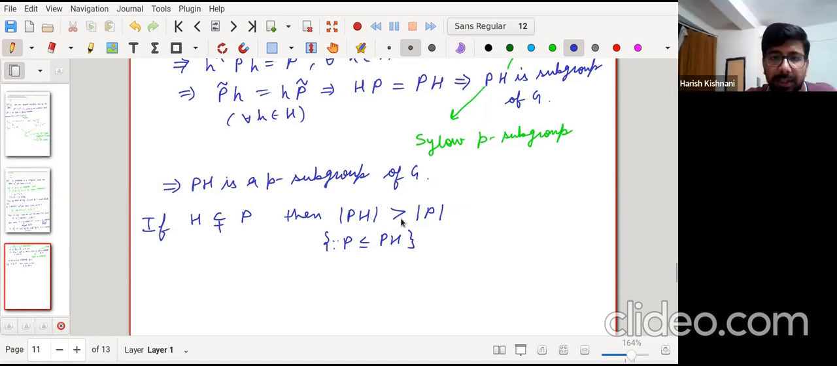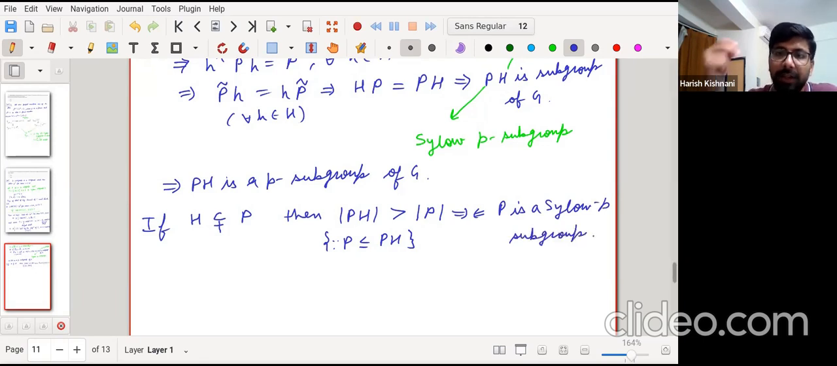So the order of pH is greater than the order of P, but this contradicts the fact that P is a Sylow P subgroup, because being a Sylow P subgroup, it must be a group of order having the highest power of P. But pH is a group which has some power of P as its order, and its order is greater than the order of this capital P. So this can't happen because P is a Sylow P subgroup. Some other subgroup whose order is greater than P cannot have order being some power of P. Okay, so you got the contradiction,